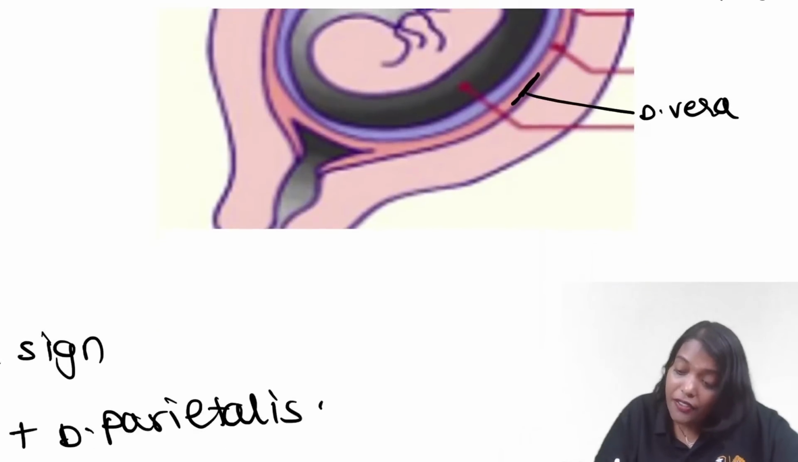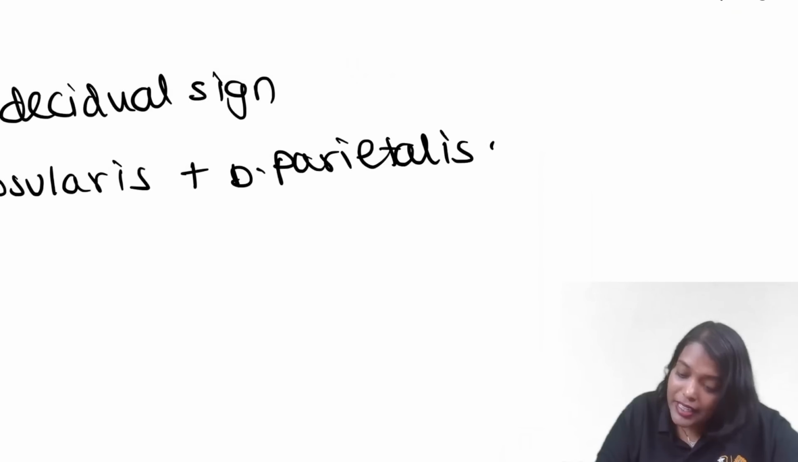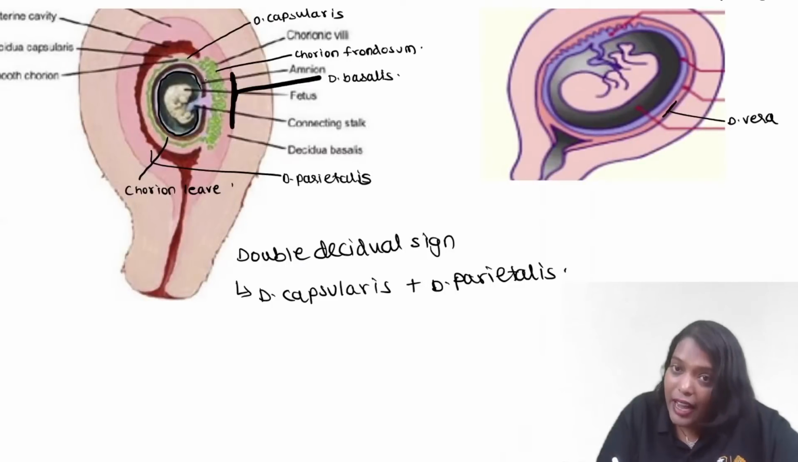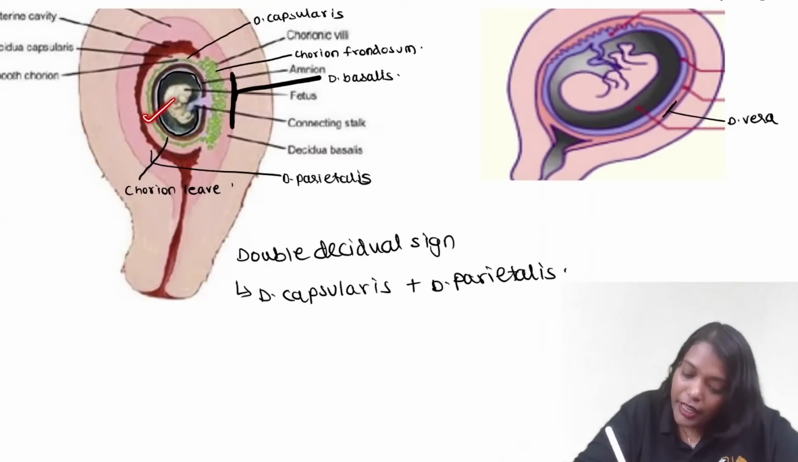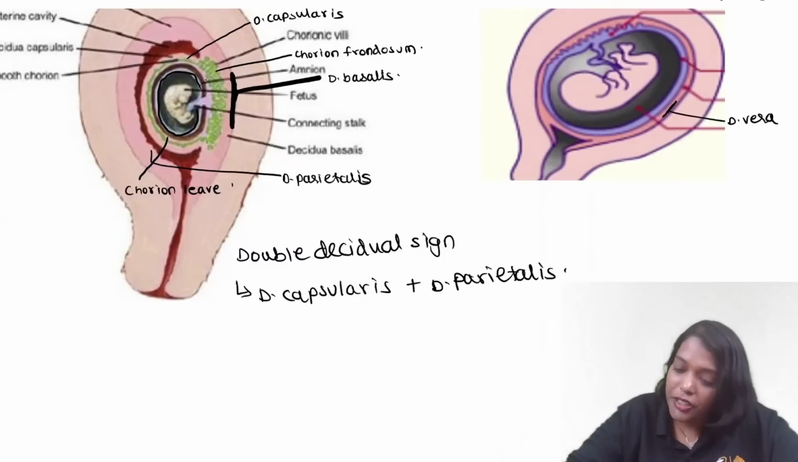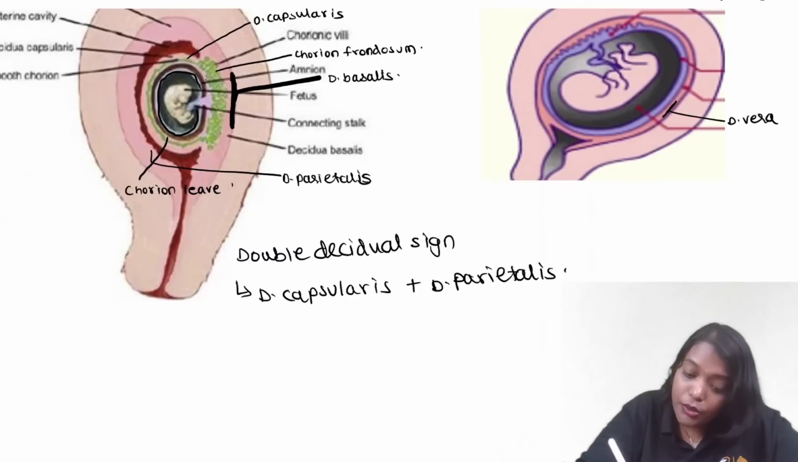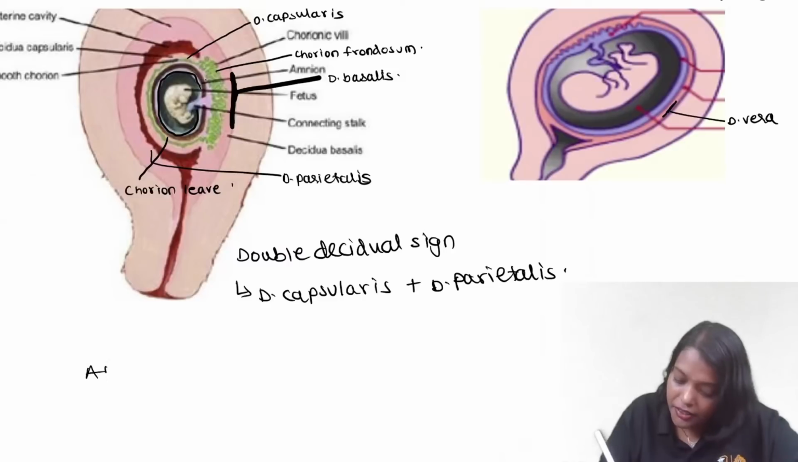So when is decidia vera formed? At 16 weeks. If you see here, there we have capsularis and parietalis separate in this picture. But here everything has been fused and has become one. That is called decidia vera. So at 14 to 16 weeks of gestation,